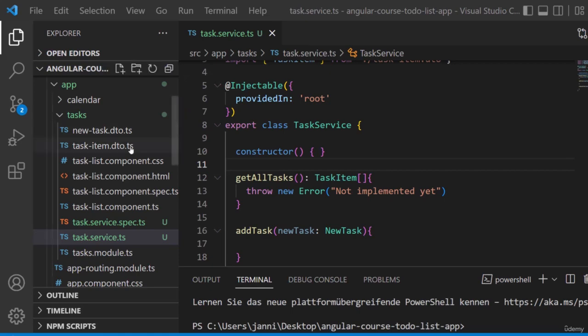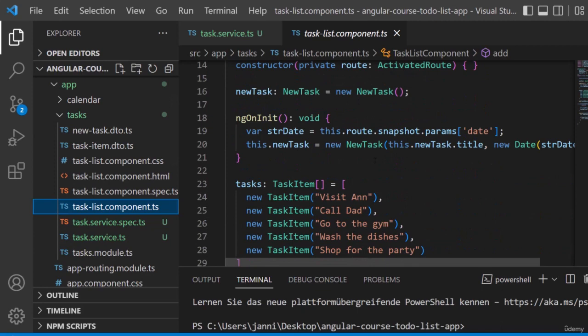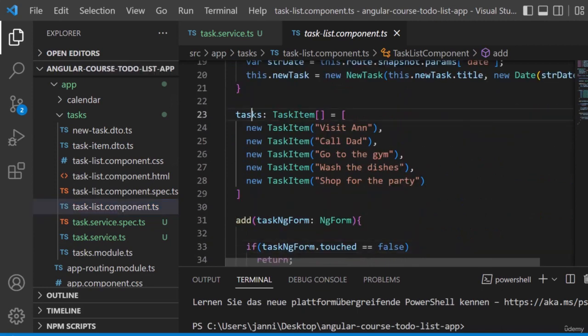Let's switch into the task list component.ts. You can see that we got our field, which is tasks, so the array of task items that we are creating. We are right now storing that information inside of the component. But as I said earlier, we should really store that information inside of a service, because just from a programmer side of view,